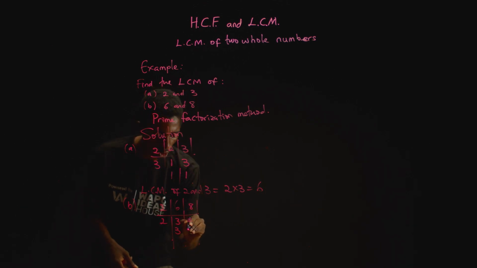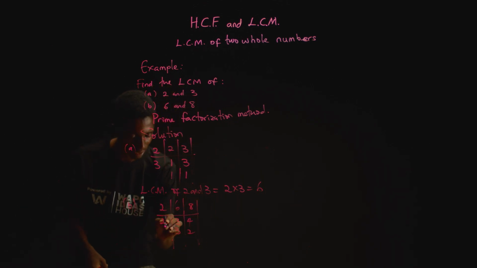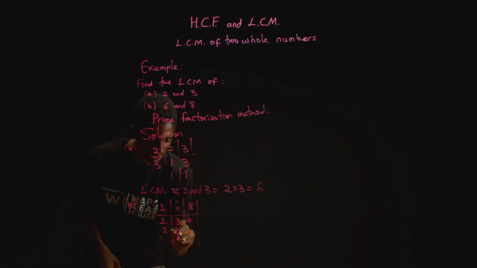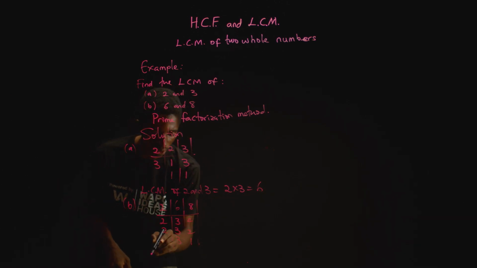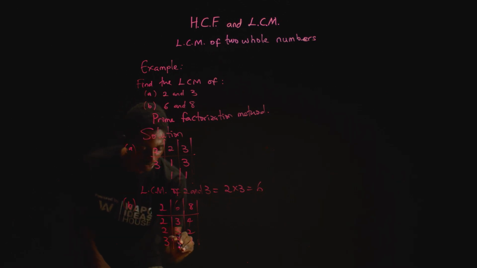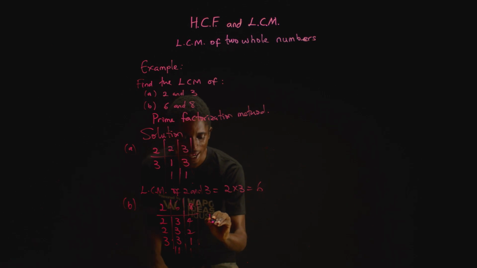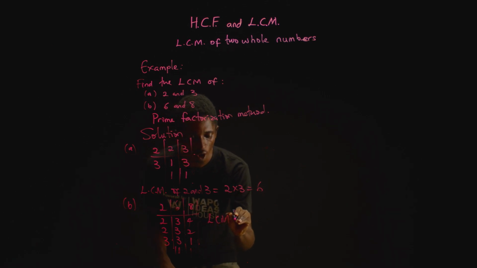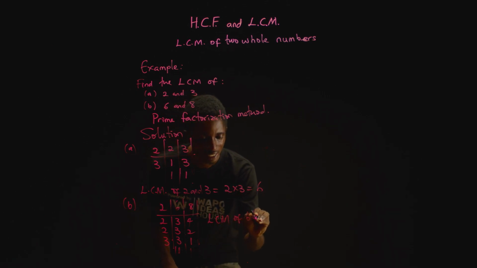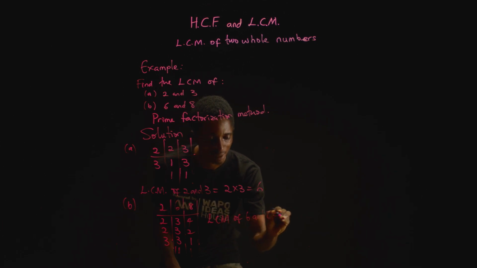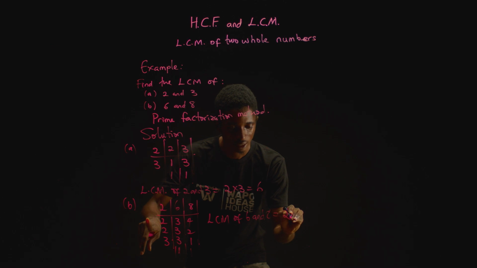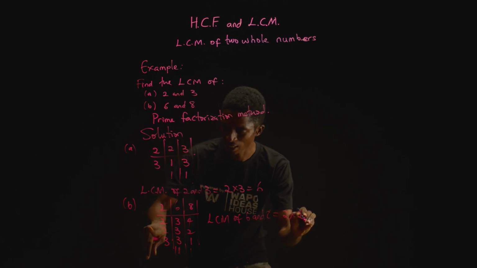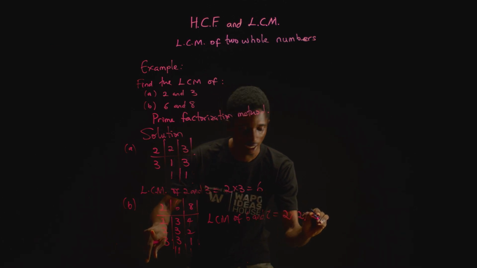And then 2 in 4, 2. 2 can still go. We still write down our 3. And then 2 in 2 is 1. Now we are left with just 3, which will go just once. Now, our LCM of 6 and 8 becomes the product of this, which is 2 times 2 times 2 times